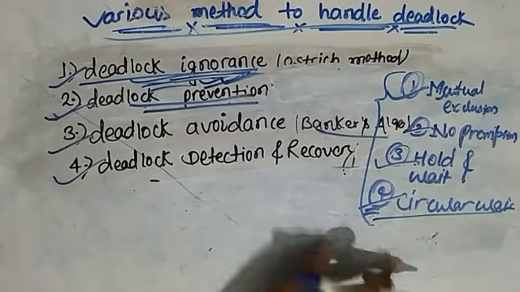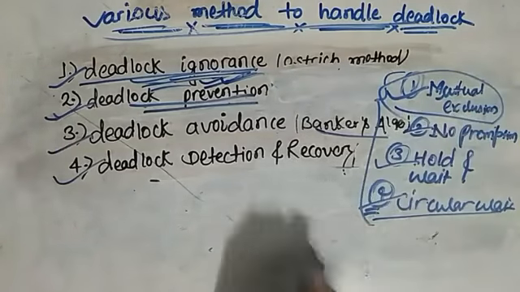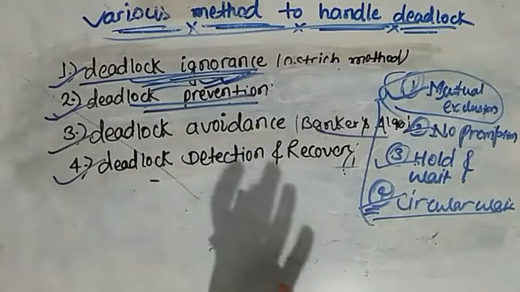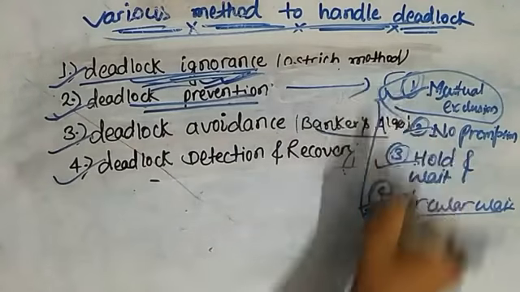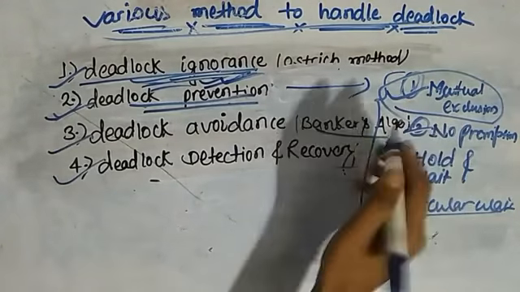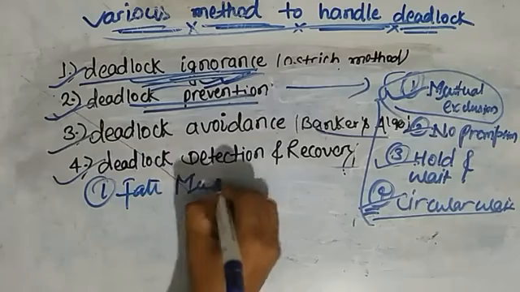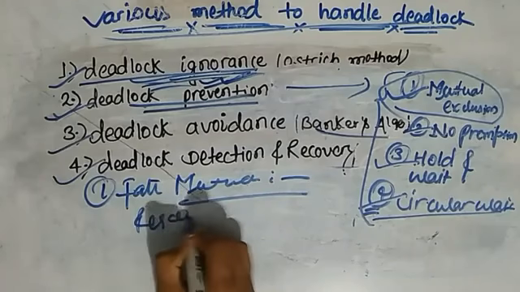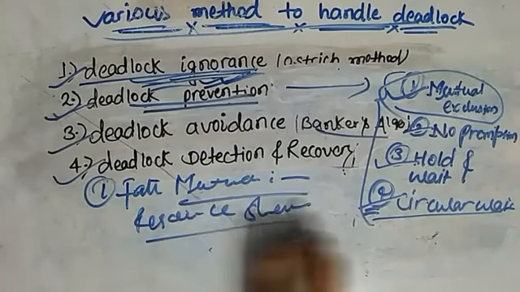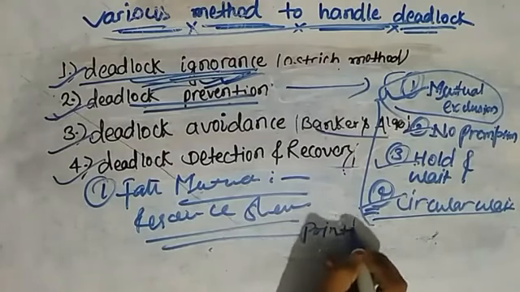Now for removing the deadlock, we just make any one of them false, or all of them false. So in prevention we will learn about making any one of them false. For making mutual exclusion false, we make resources shareable. But again a problem arises, that not every resource is shareable, just like a printer and typewriter.